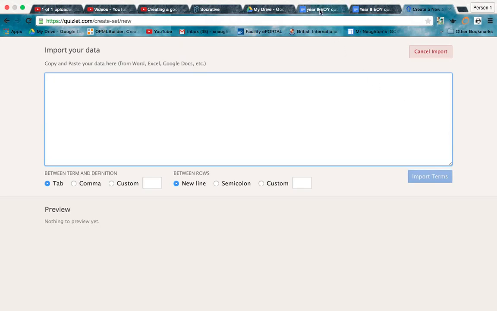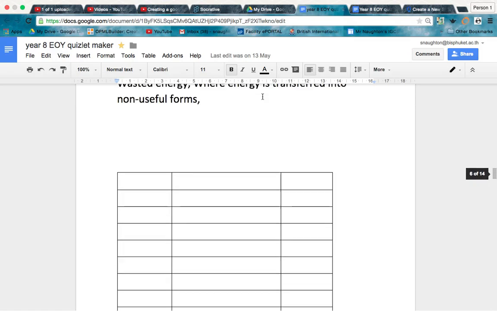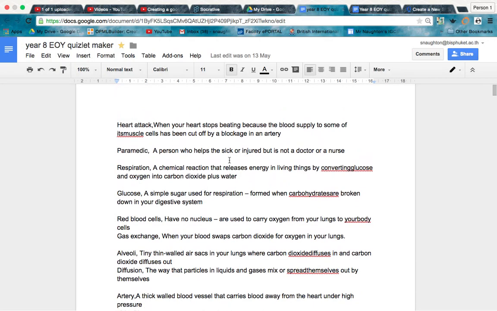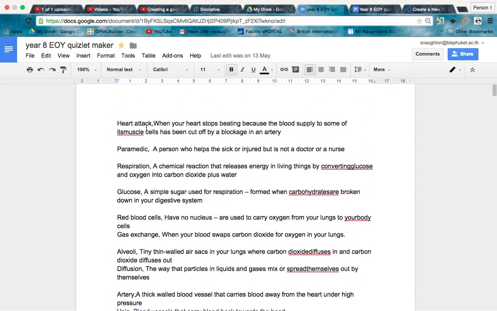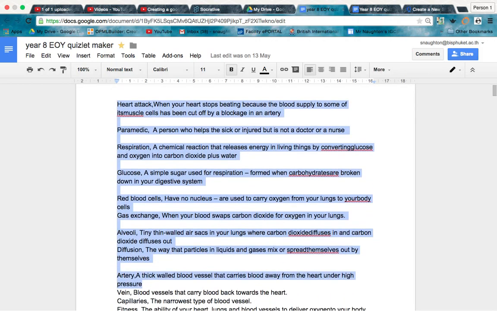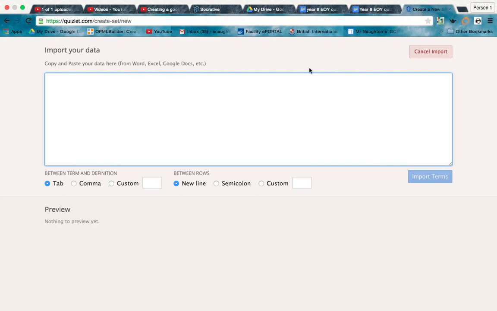So if you go to your document, it is helpful to have something in place: a comma between the word and the actual definition. Let's just click down here, just to show you as an example. Copy paste that, so Command C, copy that, create a new Quizlet, and you just import the data